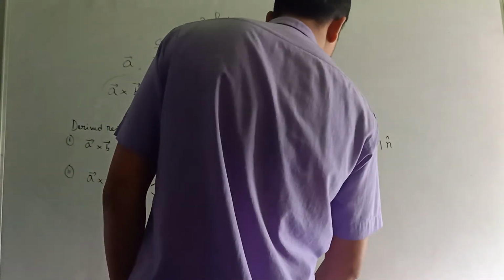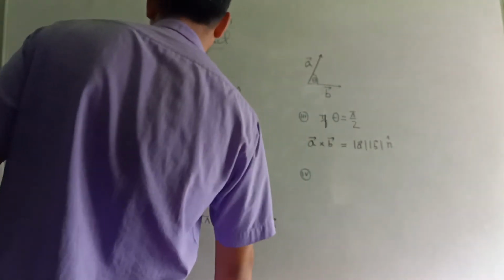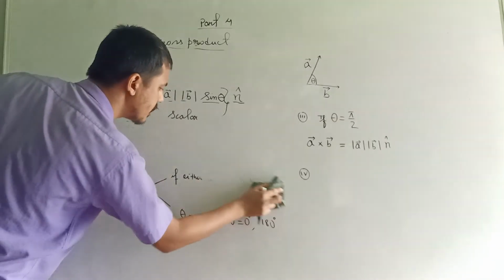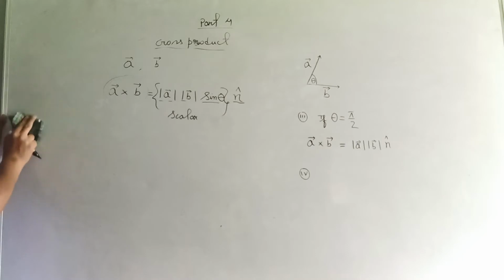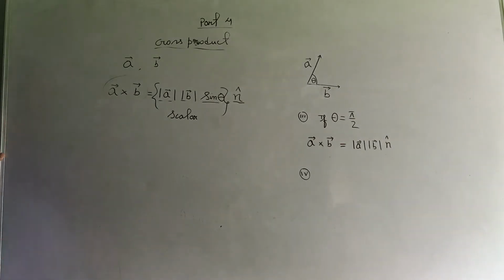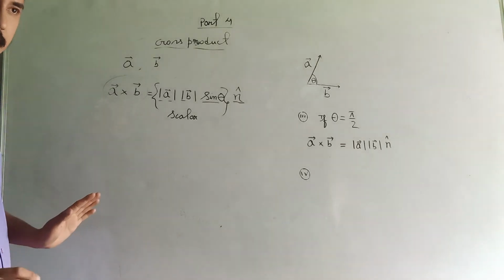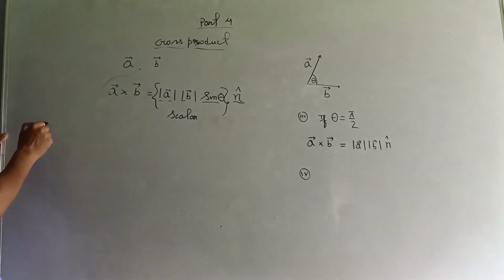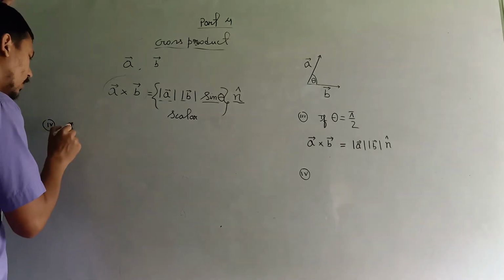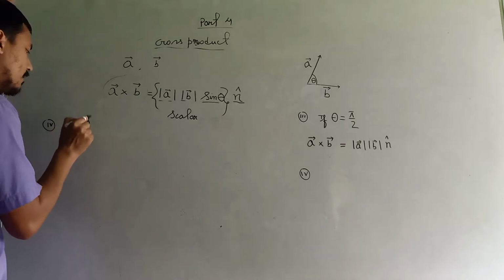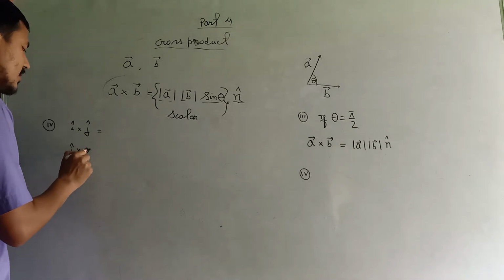Number 4. Now let us look at the situation. See, in the dot product, let us recall: i dot i is 1, j dot j is 1, k dot k is 1. Otherwise, i dot j, j dot k, i dot k, everything is 0, right? But here, let's see what is i cross j. Let us see that. j cross k,